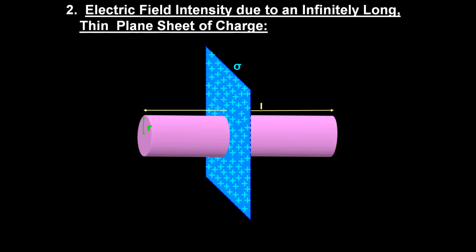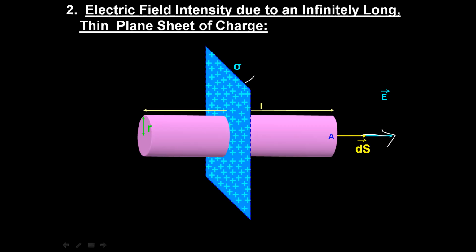Let us take the first area A, which is lying on one of the cross sections. As we know, area is a vector quantity. It does have a direction, right? Direction of area will always be perpendicular to the surface, directed outwards. So direction of area will be like this, that is from left to right. And we know electric field will always be away from positive charge. The sheet is this, so away from the sheet means this will be the direction of electric field.